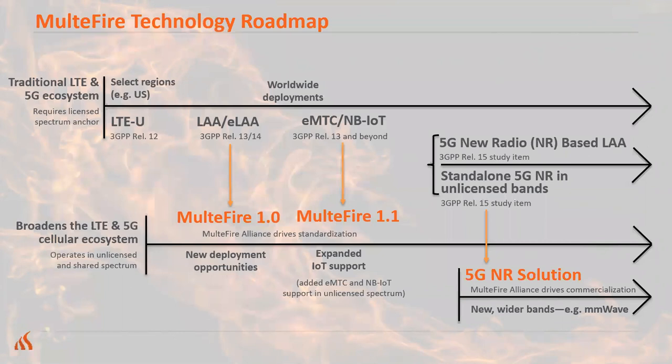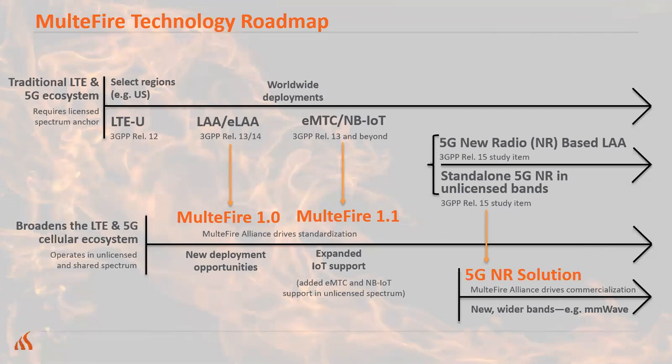That's really release 1.0. What we're busy working on as we speak right now is release 1.1 of the MulteFire Alliance, which is specifically targeted to IoT applications. So think of it as 3GPP worked on eMTC and NB-IoT in licensed spectrum. The MulteFire Alliance took that effort and applied it towards unlicensed spectrum band. I'll be in China next week for the MulteFire Alliance meeting in Beijing, where the technical team will be finalizing that spec. So we're looking forward to that milestone.